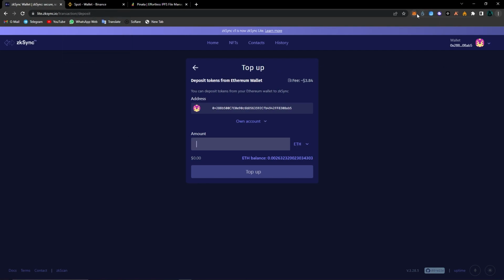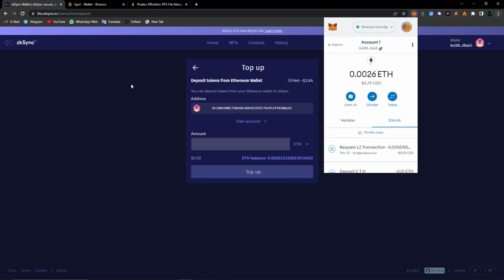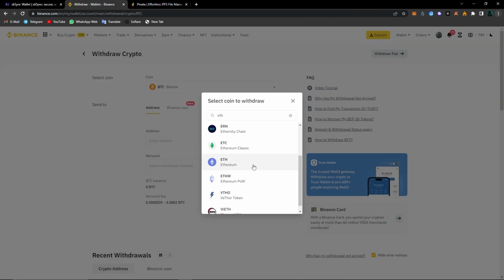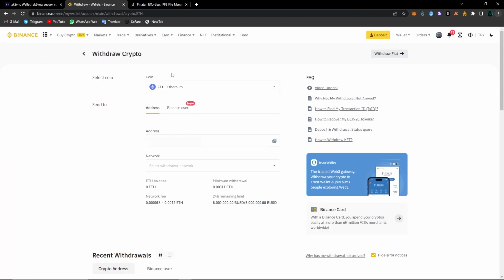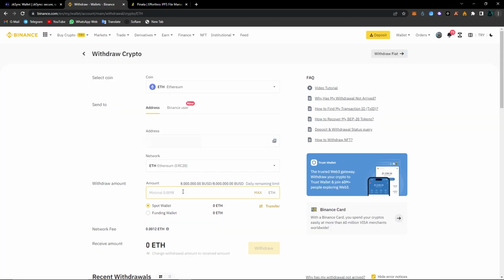So first off, open up your MetaMask wallet, then copy your wallet address by clicking here. After copying your wallet address, open up your Binance wallet and then click on withdraw. And choose Ethereum from the coins. Now you will have to paste your wallet address here and then choose Ethereum as a network. And type down the amount you would like to send from your Binance wallet to your MetaMask wallet. And then just wait for like 5 minutes and your funds will arrive from your Binance wallet to your Ethereum